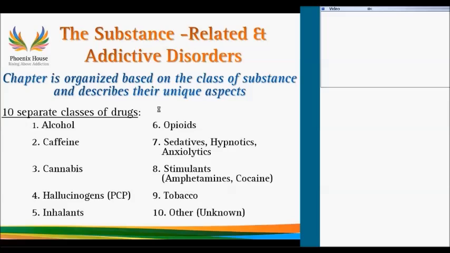Substance-related and addictive disorders. Everything in this chapter is listed based on the drug, starting off with alcohol and ending with, of course, other, but tobacco. Unlike the DSM-4, one of the things identified early on in that chapter was whether or not someone met criteria for abuse or dependency. That criteria was then applied to each drug class. I'm going to ask everybody to unlearn what you have learned. That is not something that is going to be practiced anymore.